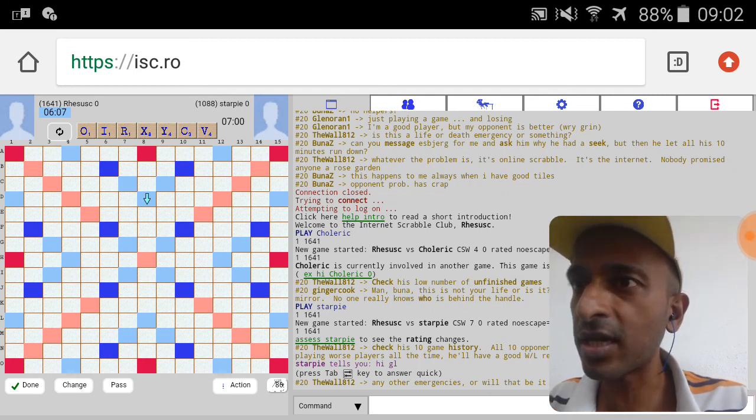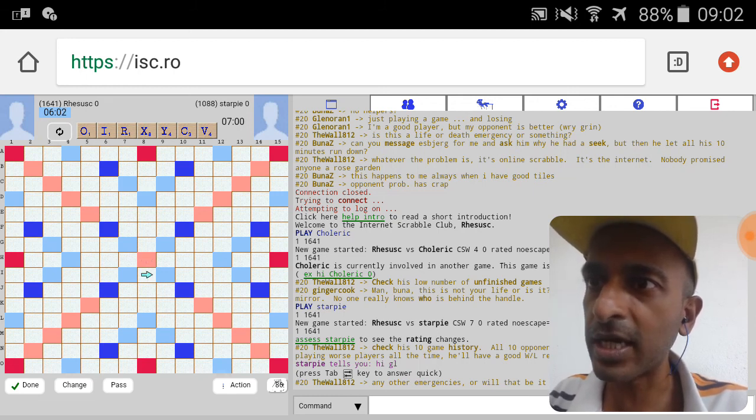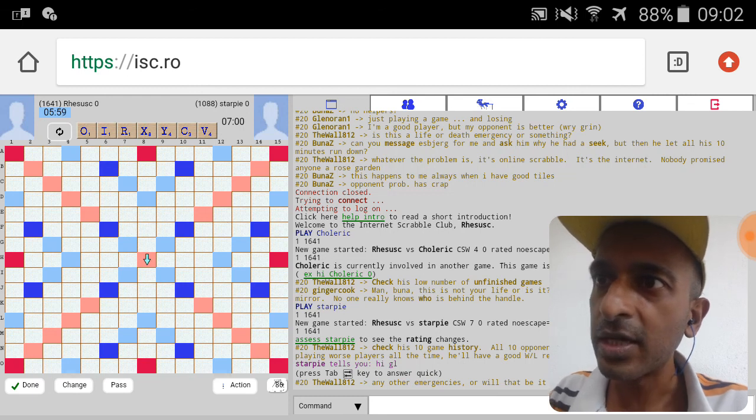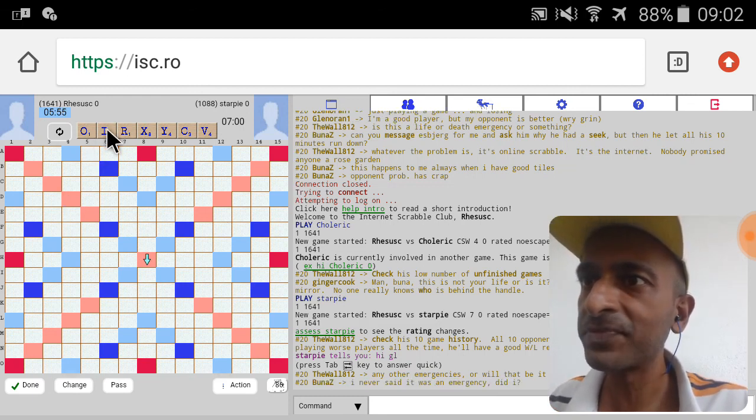So let's just say I want to play ivory. I want to place the I on the center square, so I want the cursor to point downwards. Then I go and click each tile by tile after I've decided